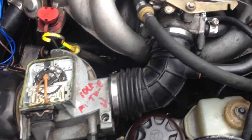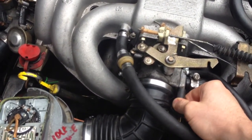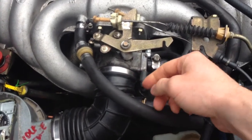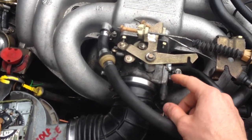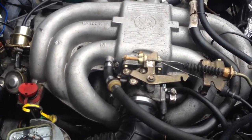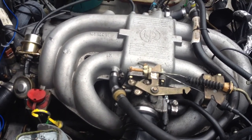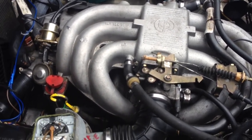So also, I deleted the water circulatory on the air inlet, which will cool the air down and make it a little bit more dense. You can do that if you want to. And then after I got all that done,